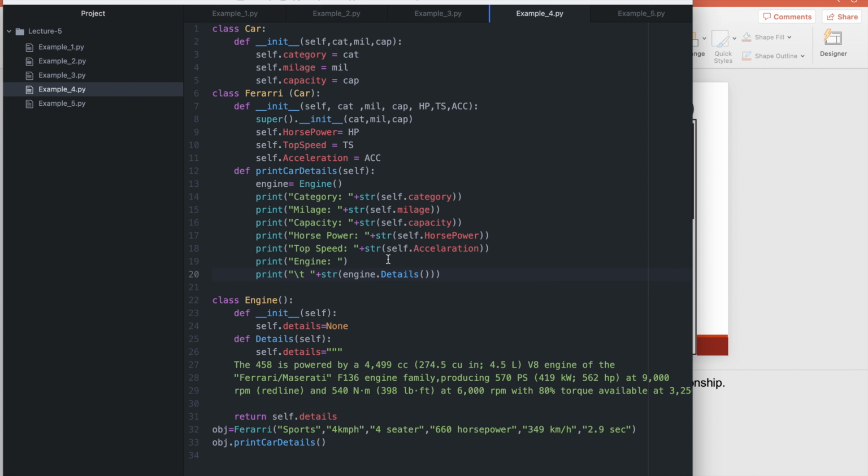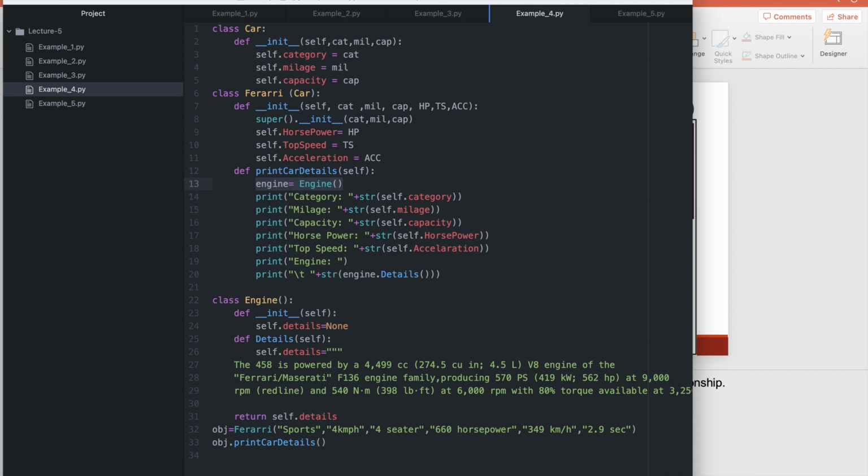So what that means when we have composition is that the engine is part of the Ferrari. When we define an object of a Ferrari, it implicitly defines an object of an engine. And then when we delete this object of a Ferrari, it will delete the object of engine because it is part of